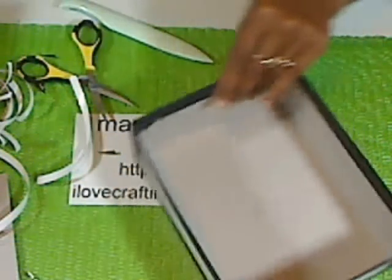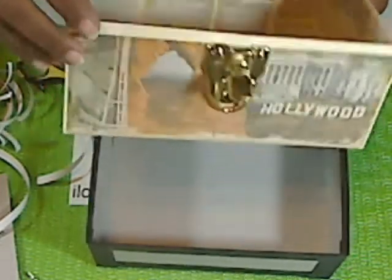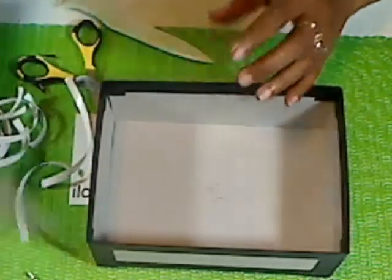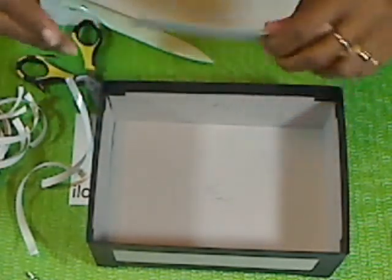Now, in my box, on the inside, I have an extra lip that I put in that I see a lot in boxes and suitcases and stuff. And I'm going to do the same thing with this one. And you're just going to take some of your chipboard that you had, the 1 1/8,